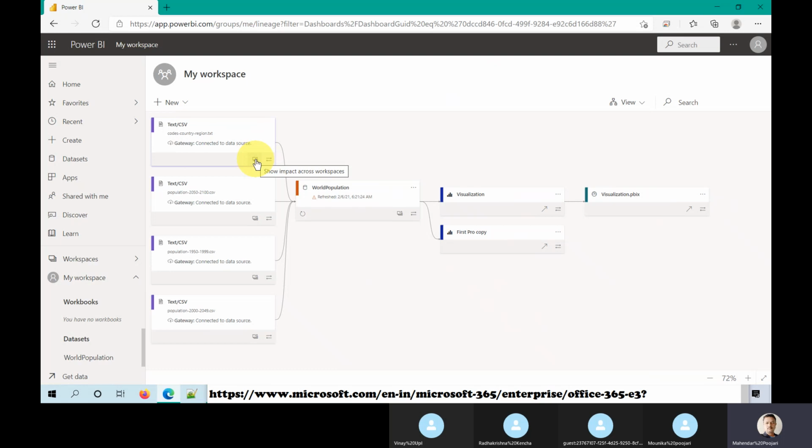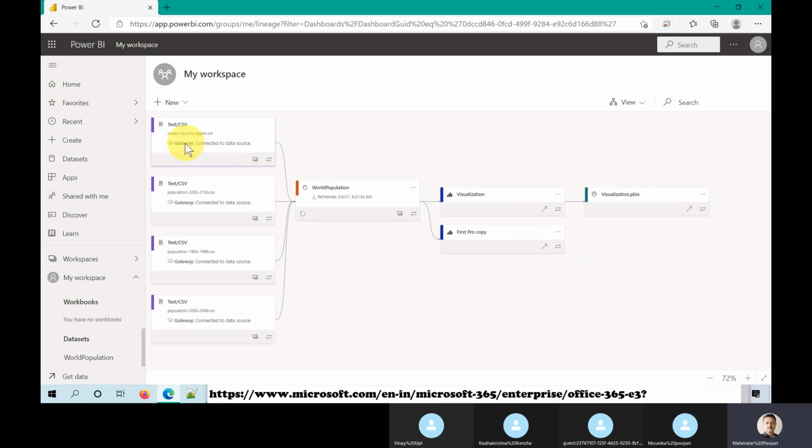It used to take a week to months. We used to prepare the data and separate documentation just to change a name. But see, impact analysis is very easy now. You can click and show the impact on this workspace. There is also the option, gateway connected to the data set.